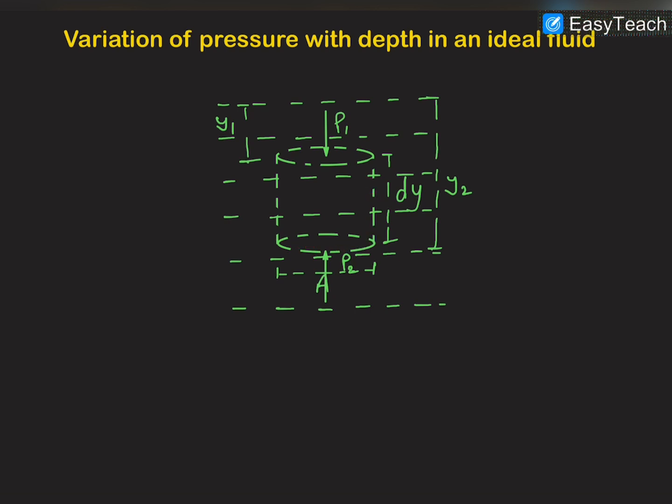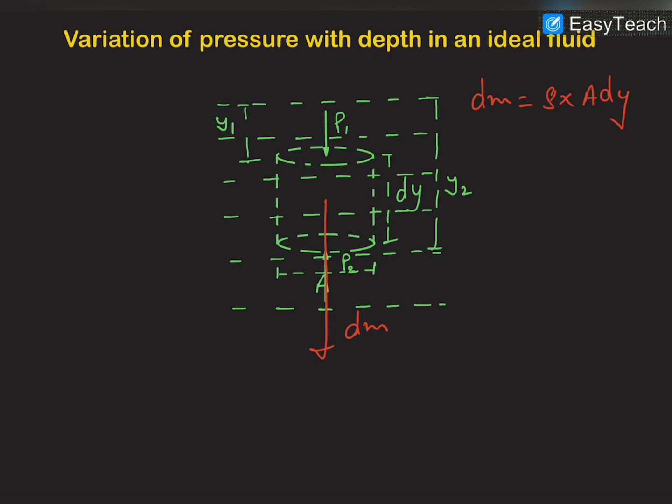Now the pressure at the top of this cylinder is P1 and the pressure at the bottom of this cylinder is P2, and the depth of this surface from the surface of the liquid is Y1, and the depth of this surface from the surface of the liquid is Y2, and the length of this cylinder is dy. So if we write down the mass of this cylinder, then its mass dm will be equal to rho into volume. Volume is A dy,